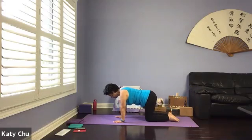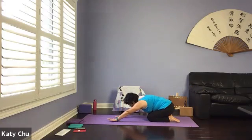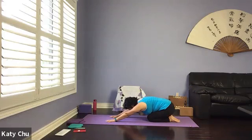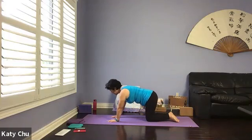Now we're going to sit back into a child pose to release tension in your wrists. Walking the hands forward, elbows off the mat. Shoulders are relaxed, neck and spine in one straight line. One more breath. I'm going to slowly, slowly come back to a neutral tabletop, coming into arm balance, right arm